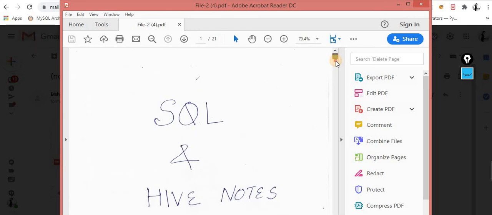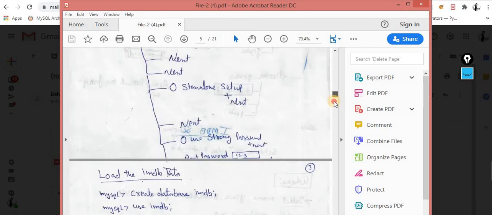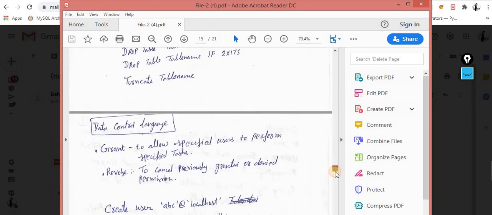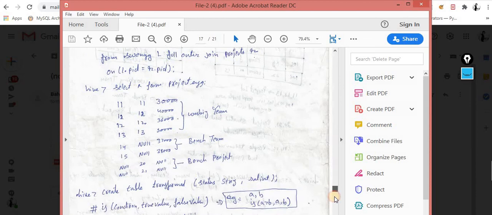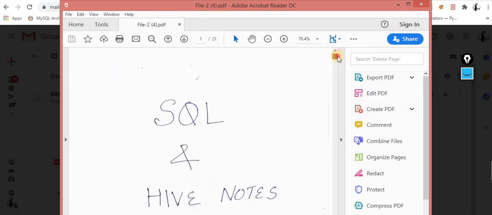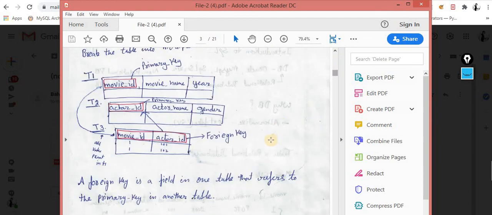So these are the notes I will share with you guys. Don't worry about it. I will share the entire notes with you within 5 minutes after closing the session. You will get these notes, okay. But first you have to go through those 17 pages, then come back to these notes, then you will understand each and everything in great detail.